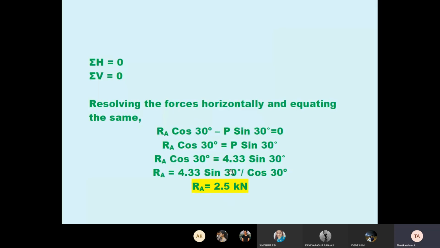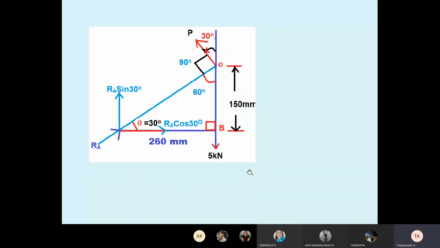Okay. So no need for the vertical, because you can use vertical, we can get the same answer also. No need, because only the calculator is enough. So this is a very important question.